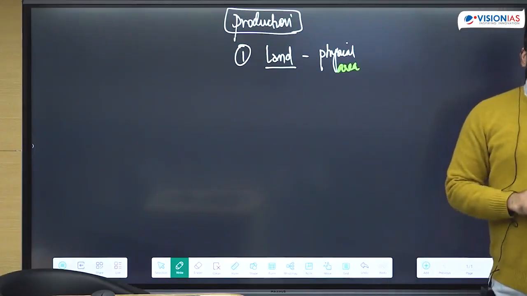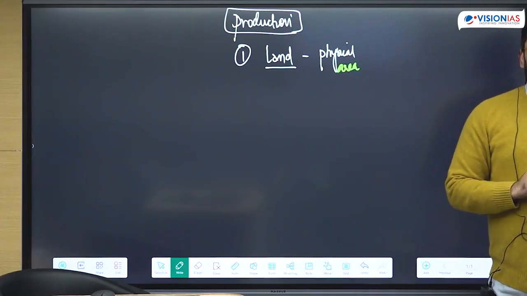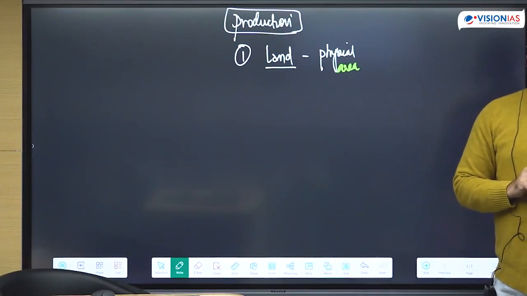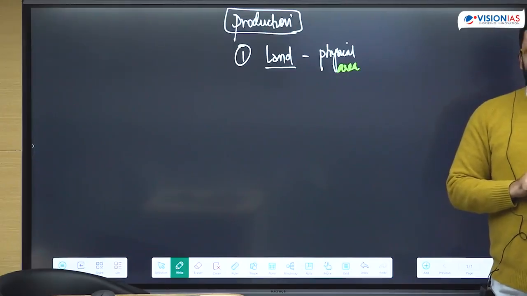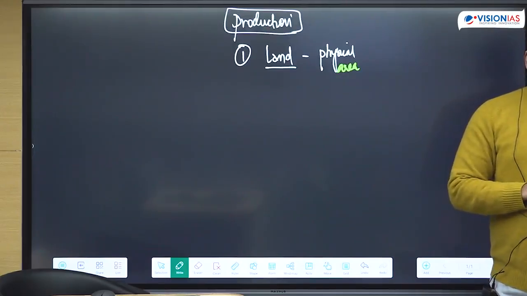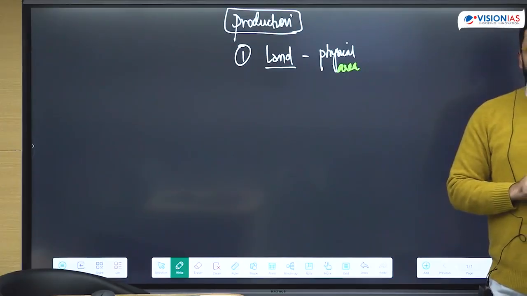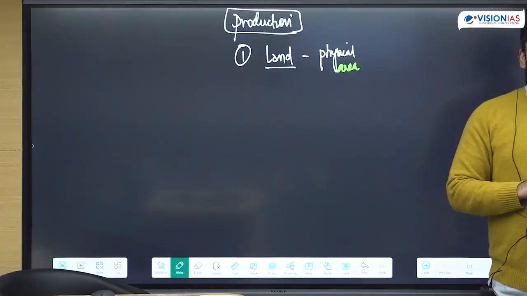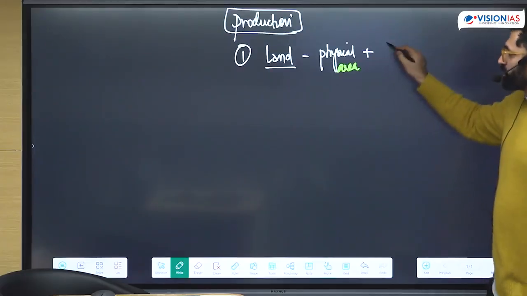कैसे बनेगा फूड? सिर्फ लैंड से फूड बन जाता है? क्या चाहिए और? लेबर. लेबर इज समथिंग यू विल हैव टू कंबाइन. अपने आप तो नहीं बनेगा. मशीन ऑल्सो. Why do you want that fertilizer? Or if you don't have the fertilizer, what would you need? Fertility. That means you also need the